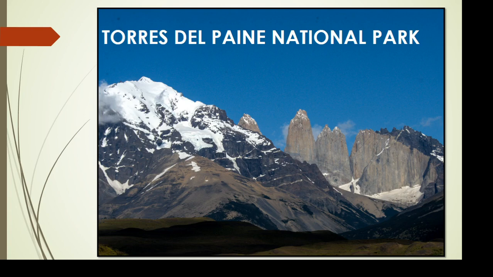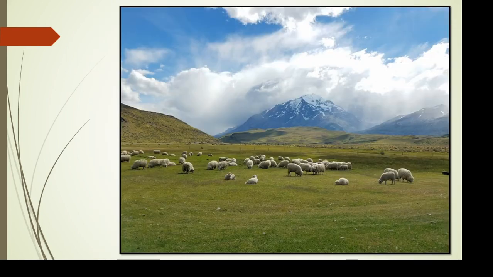Torres del Paine National Park is famous for its pumas. But I want to give you the stats here. The national park is 900 square miles in size. They estimate their population at 50 pumas. Holy cow. How the heck are you going to find those things? Well, you can have a guide or you can get lucky. Or you can be incredibly knowledgeable on your own here.